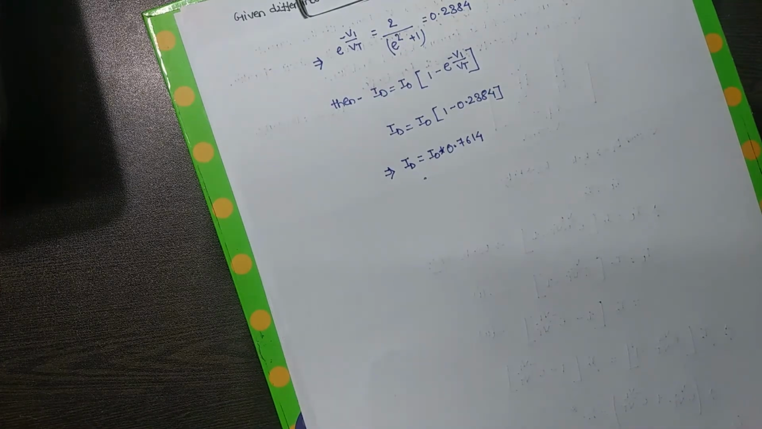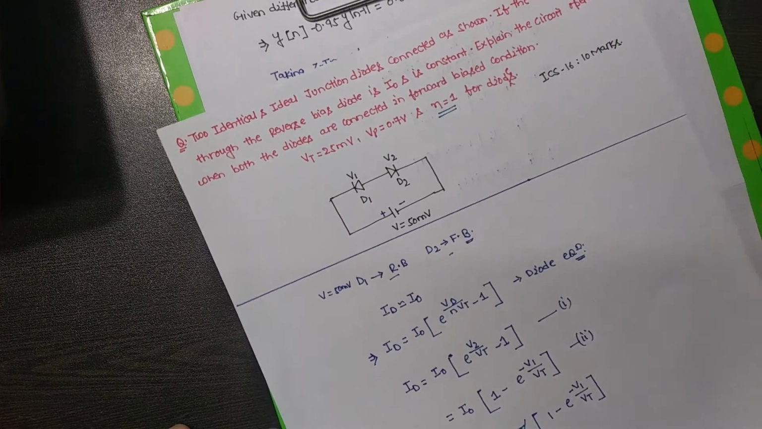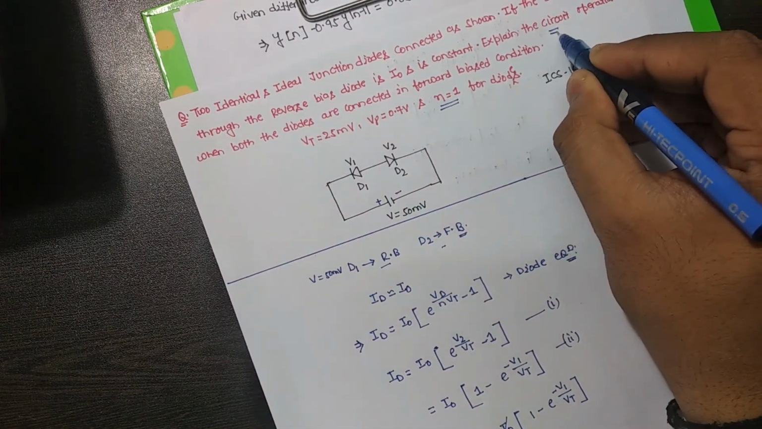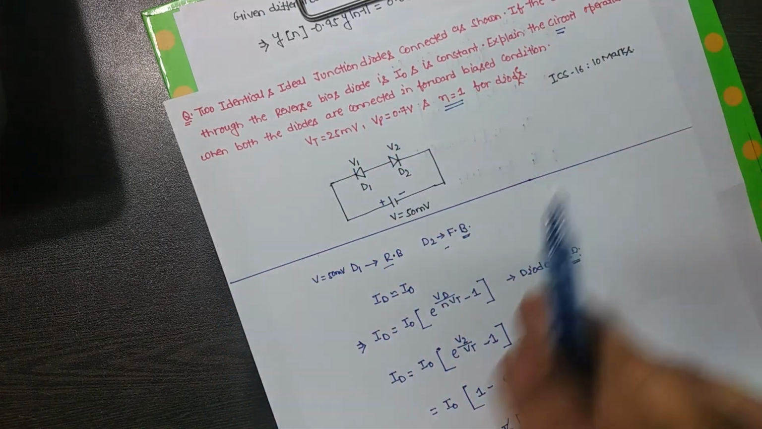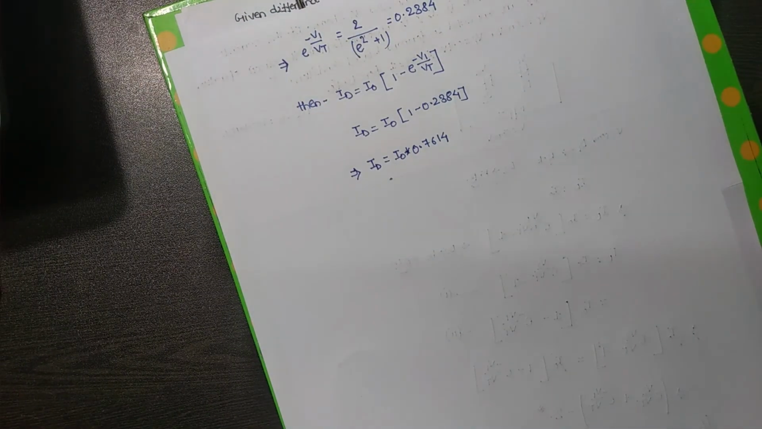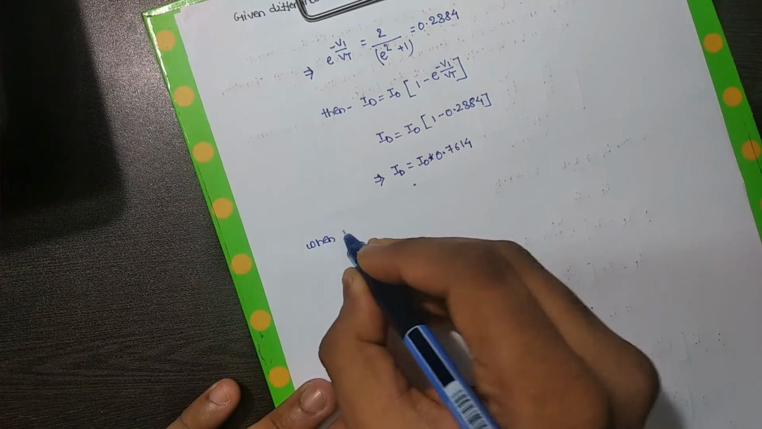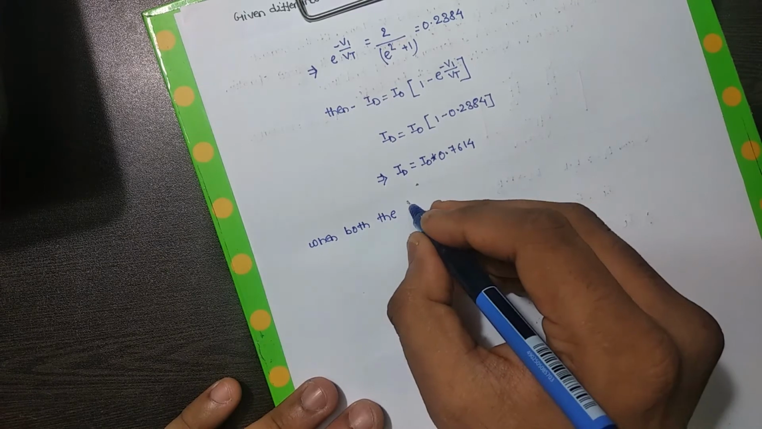Okay, now we will talk about the condition. As in the question it is given that we will have to explain the circuit operation when both the diodes are connected in forward bias condition. Now, taking the consideration of the condition given, we will take when both the diodes